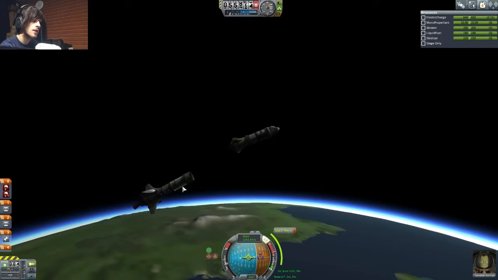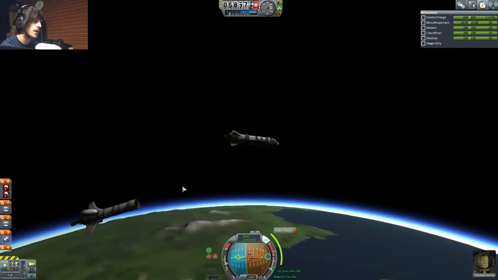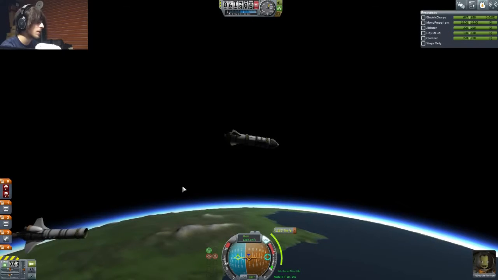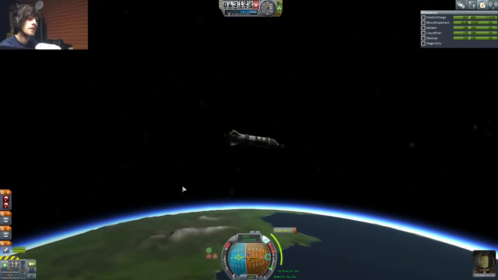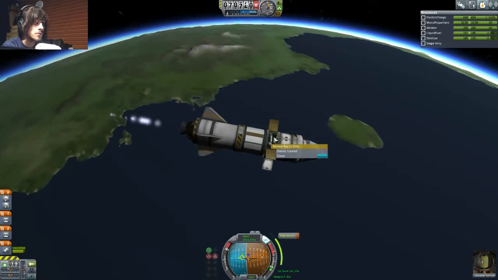Now we are in this nice light little shuttle, and by the looks of our burn time, I think this engine is not going to be strong enough. Let's just do that. We are looking at 1 minute 31. This thing's pretty damn good with fuel though. We might as well